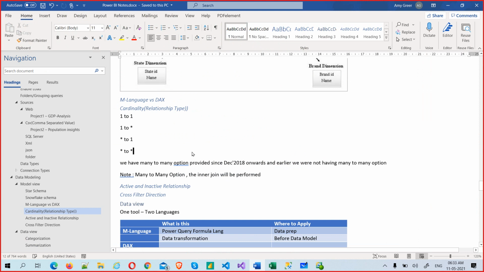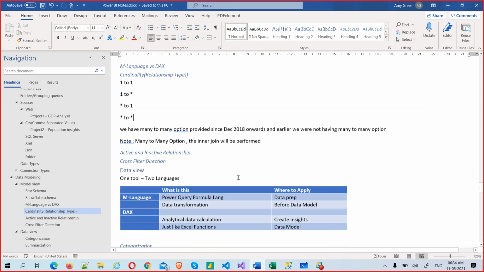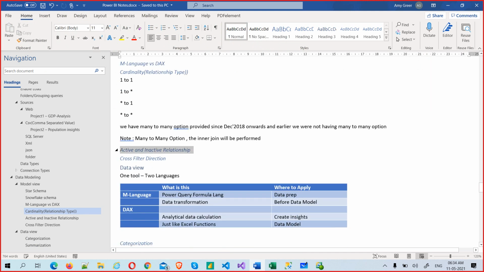Duplication is the common aspect, right? Ideally in that dim region we should have duplicates, as per Janardhan sir. But I just wanted a beautiful dimension, a beautiful star schema. So my intention was to make a beautiful star schema. I did not see that with common sense, like yes, region might have countries here and there. Anyway, we will come to many to many relationship, how to understand it and work with it, and what active and inactive relationships are.